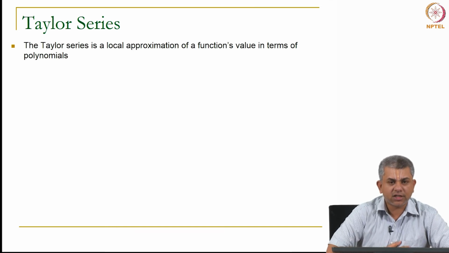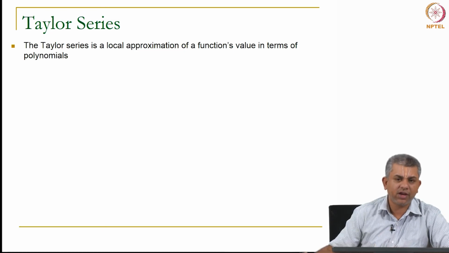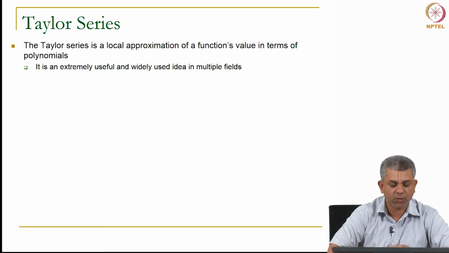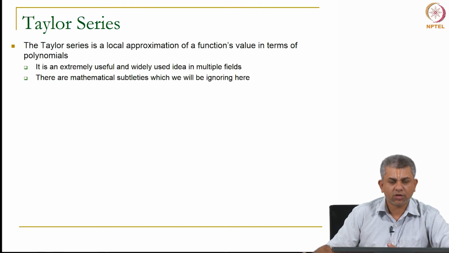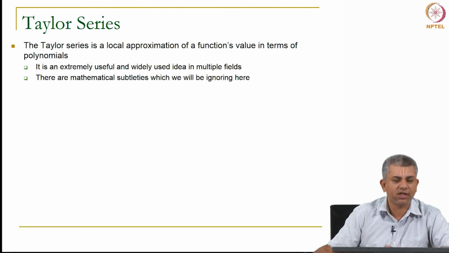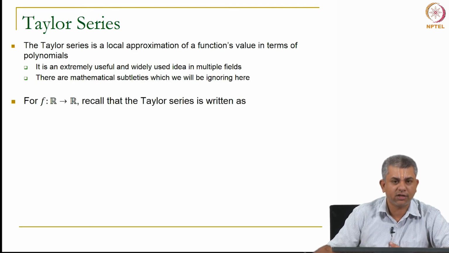The Taylor series is extremely useful whenever you try to approximate functions. So, this is very widely used in science. It is one of the most commonly used ideas in science. Practically anything that people use mathematics and calculus for, somewhere or the other Taylor series will pop up. Okay. So, this is true even, of course, of machine learning and optimization. There are, of course, many subtle things about this Taylor series. We are not going to look at that, we are just going to look at this single slide for Taylor series, and then we will be using it a little bit later, both in optimization as well as in other parts of machine learning. Okay.